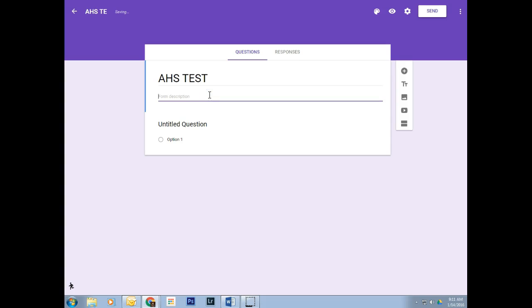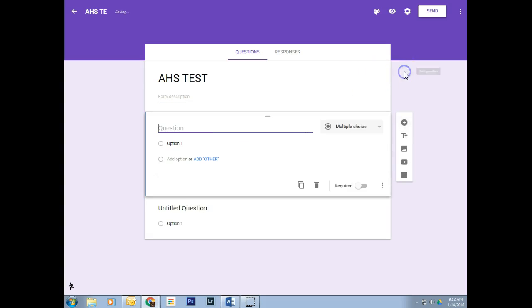A form description is where you can put anything you want, from learning targets to ELERs to the chapter that it involves, whatever information that you want to be able to identify the test or to help your kids better understand the test and which chapter, which unit, etc. that it might be. What you'll want to do after that is hit this Add Question button right here, and